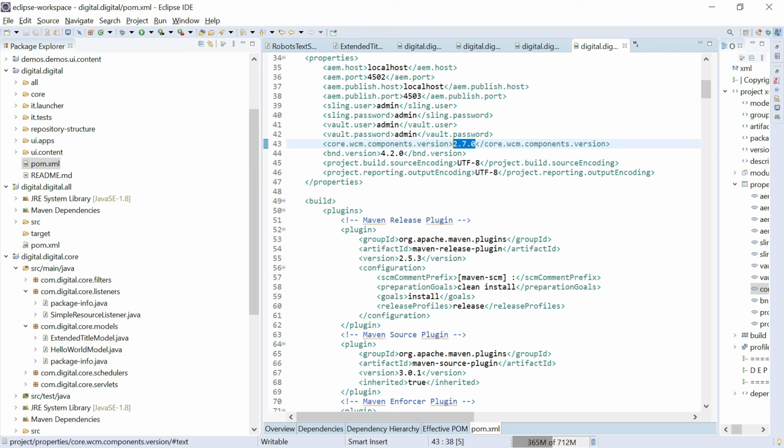But ensure that whenever a new version gets released, maybe you can change this version. Maybe you need to do some kind of regression testing. Also, if any new version of the component is introduced as part of a new release, for example the title component now has two versions, v1 and v2. If v3 is introduced, our proxy component also should be changed. Our resource super type is pointing right now to the v2 version of the component. Maybe later we should change to v3 whenever v3 is introduced.